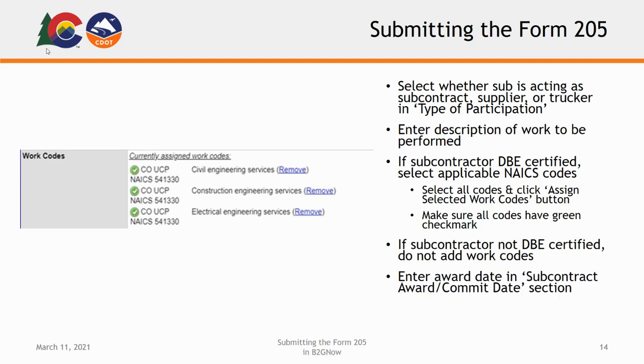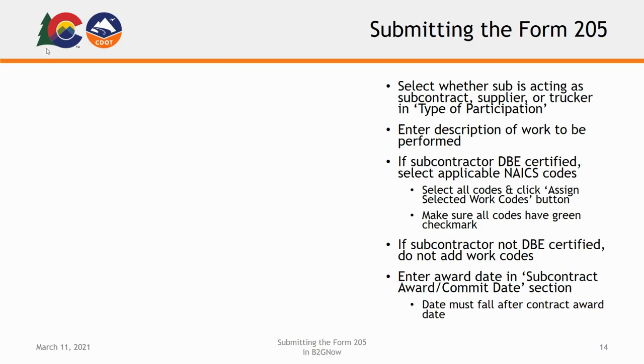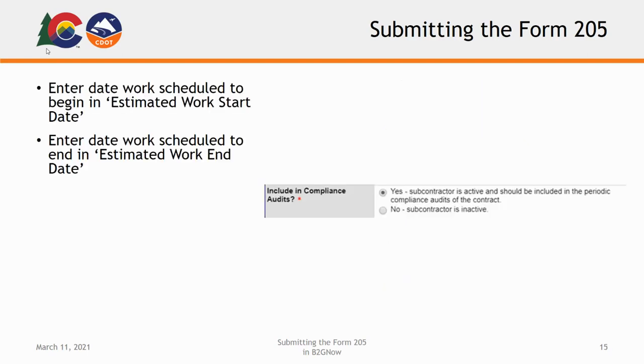Enter the award date of the subcontract in the subcontract award/commit date section, and please be sure that the subcontract award/commit date falls after the contract award date in order to avoid submission issues. For the estimated work start date, enter the date the subcontractor's work is currently scheduled to begin. Similarly, you will enter the currently scheduled date that the subcontractor's work is to end in the estimated work end